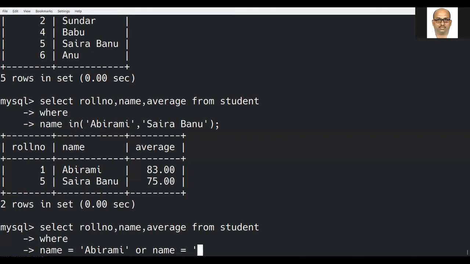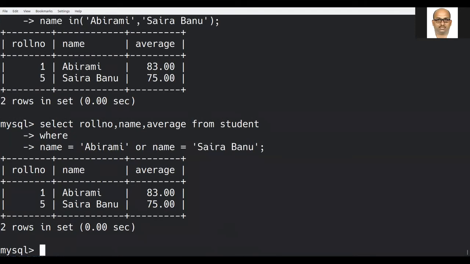The other name, Saira Banu. If I give it like this, yes, I am obtaining the same result.